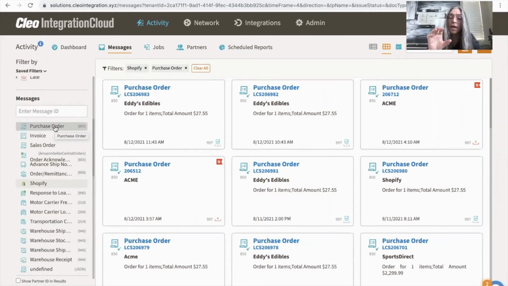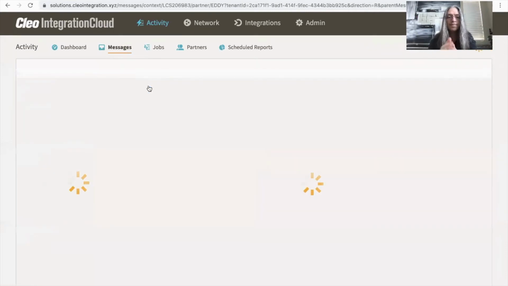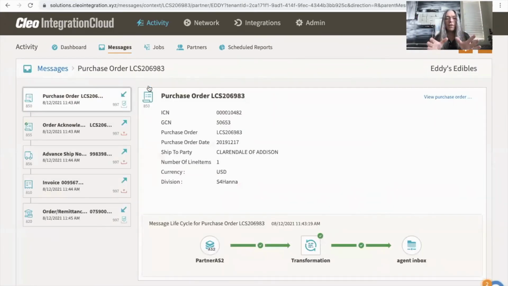Now, if I want to find even more information, I can click through. So for example, I'll pick on this purchase order. If I click on this, you'll notice that I can see even more information about that purchase order. The great thing about this is I'm doing this myself without ever having to call an IT person or a technical person to find the EDI information for me. So as a non-technical person, I can easily find my purchase orders, find the relevant information, and in fact, even at the bottom here,